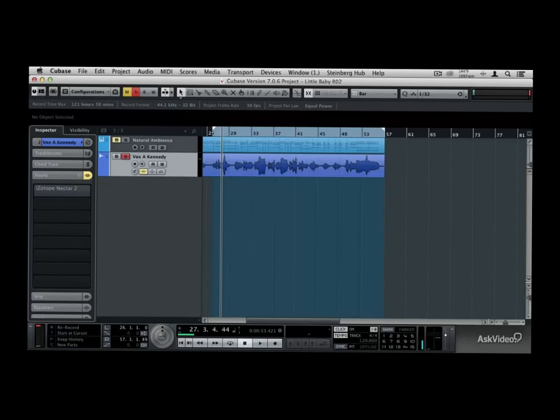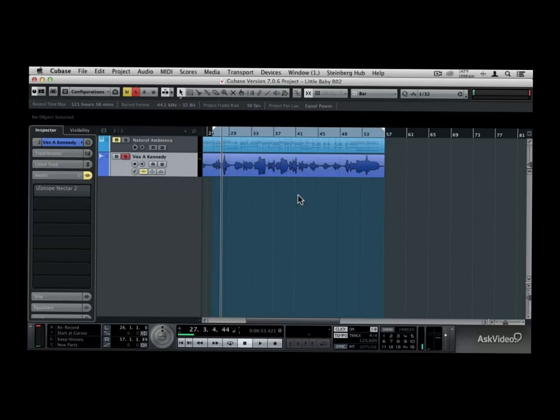Now, there is one little caveat, and that is that if you load an older Cubase project into Cubase 7.5, in which you've already done some Vari audio editing, the older transitions will be retained, and sometimes you might hear some of those older artifacts. So it may require that you go in and re-edit that track so that you take advantage of those new